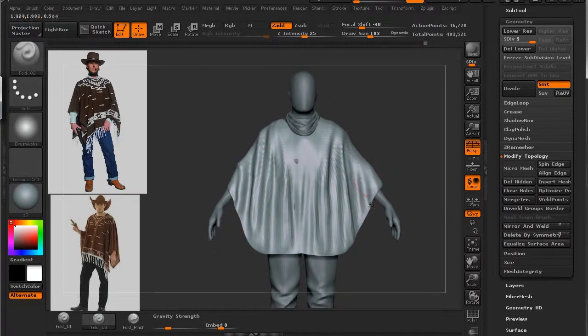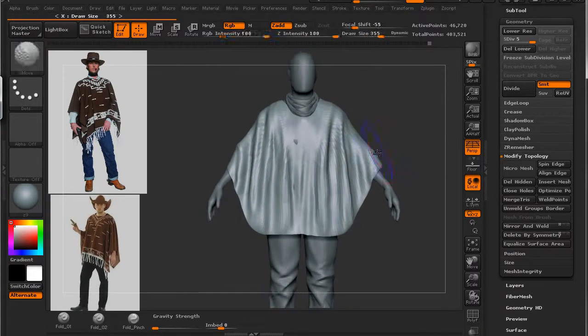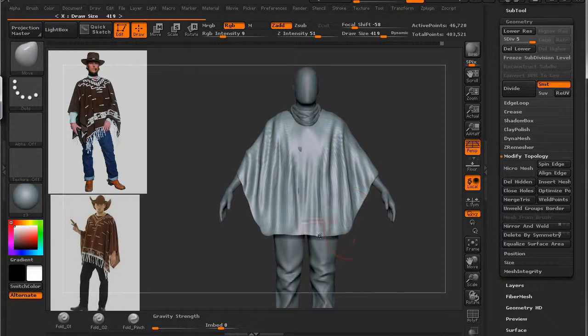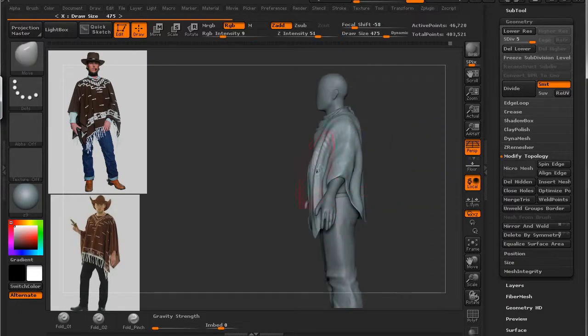And then just kind of go to my move brush, just nudge this so it's lying right on top of the elbow and forearm. So here we go. And then kind of push this up. Just give it more of a feeling that it's dangling